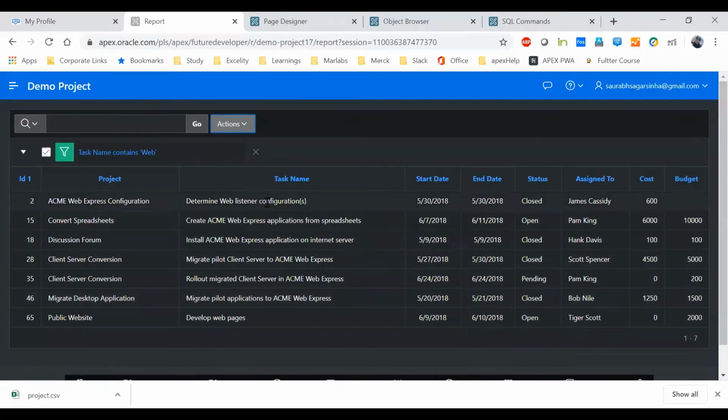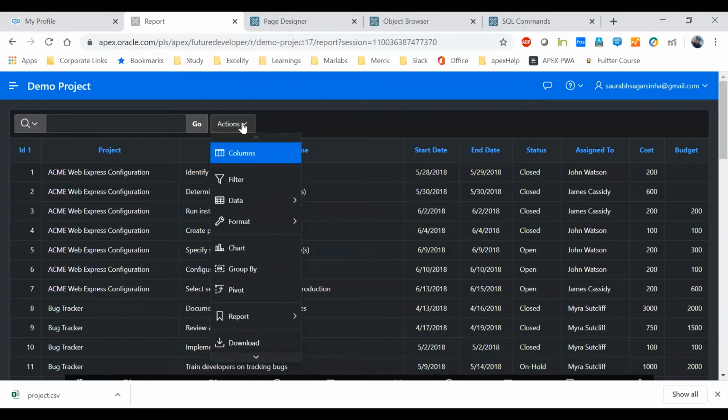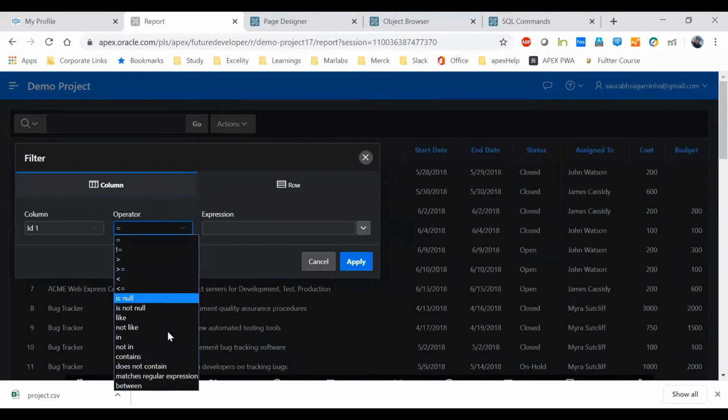So as you can see, it is like a like operator, right? Yes, like operator, but for like what we do, we give that percent sign. So contains is doing somehow the same thing. This is more for users who are using this interactive report, so they can understand the language of these things. That is why it is written in this manner.